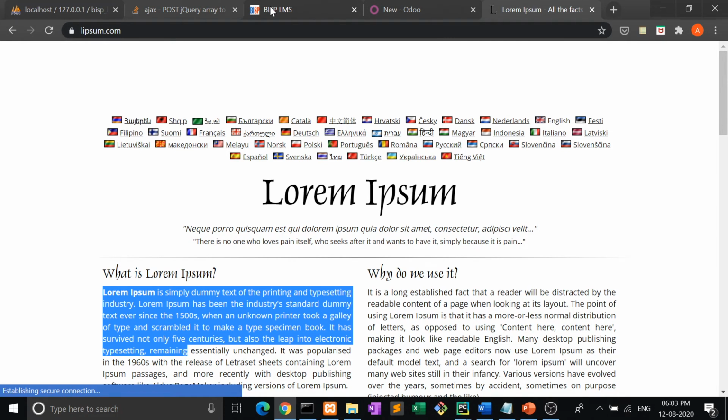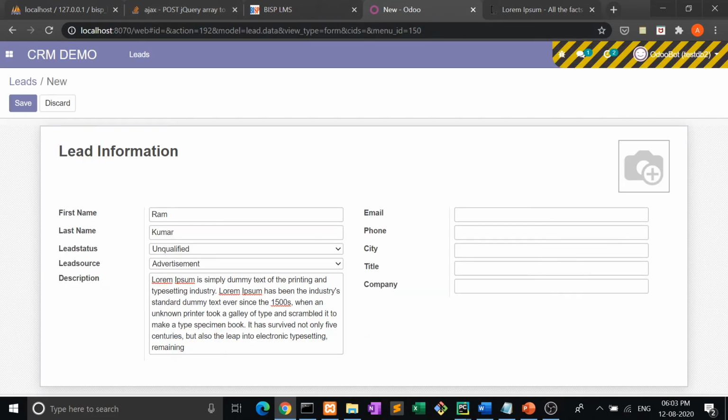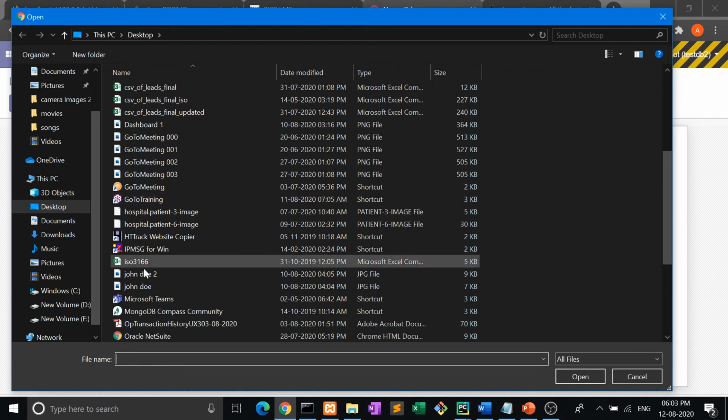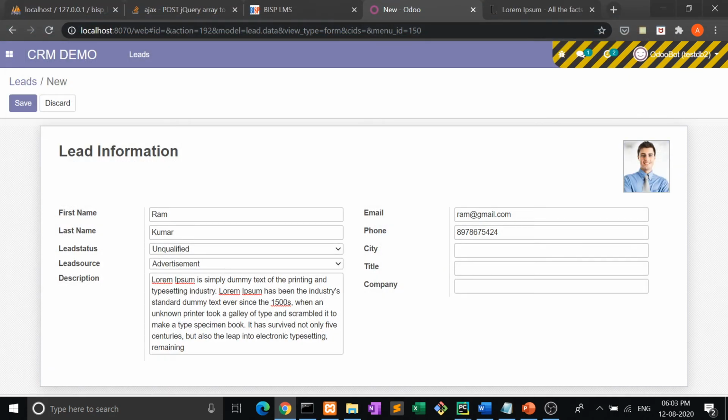Then email, phone, then let's take some image also from the desktop. And then here city, company, and now I am going to save this.